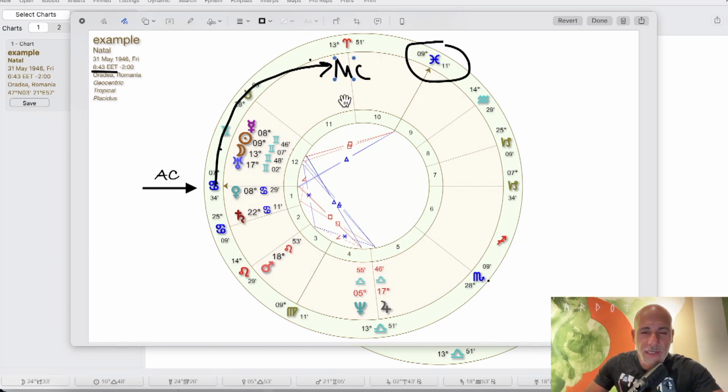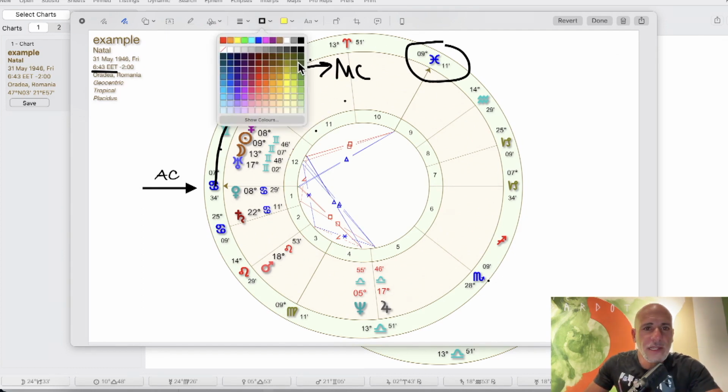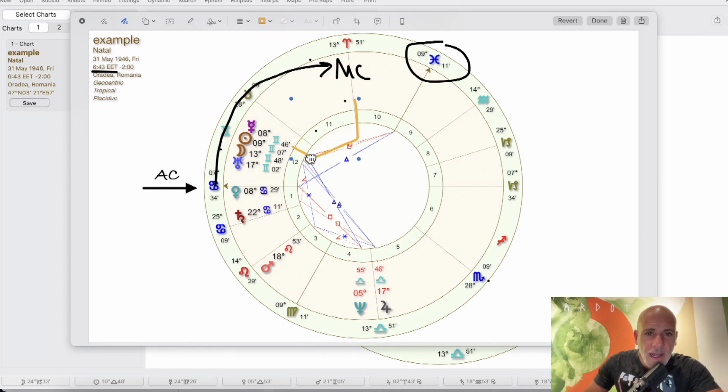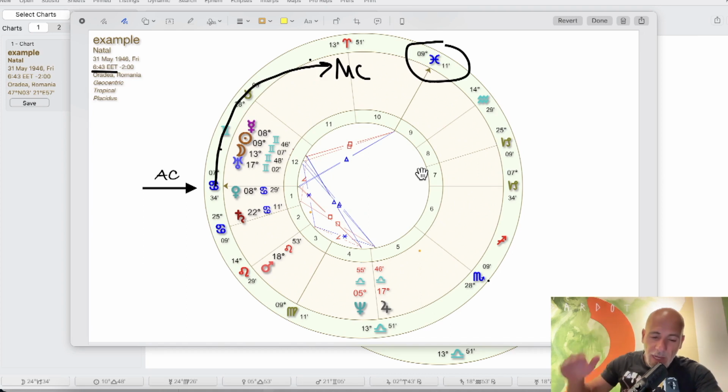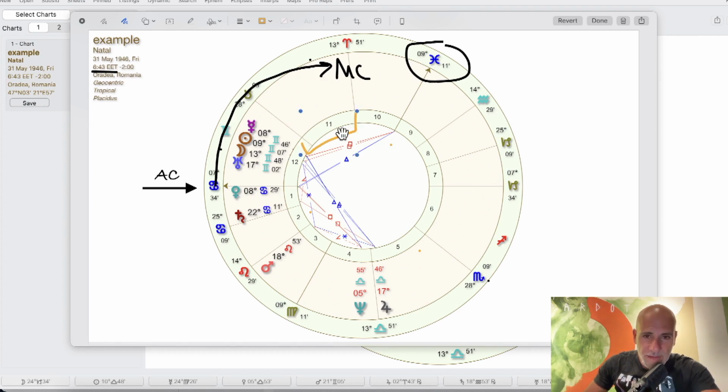What is happening in tropical astrology is different, as we can see that some houses are bigger than other houses. You see, it's not symmetrical. The closer to the equatorial line the person is born, the more symmetrical houses we see. When we are much further north, or very far south, we start to see this deviation of unequal houses. So the important thing I want to bring here: the sun is rising and we spend longer time in the mid sky, but always the AC is the definer of where the MC will be,